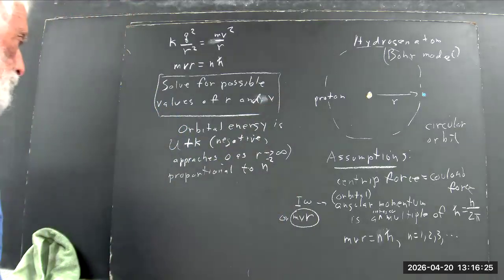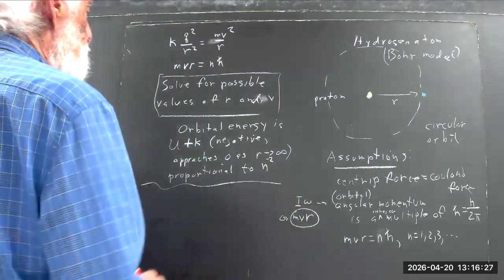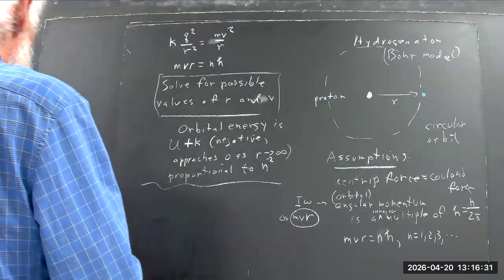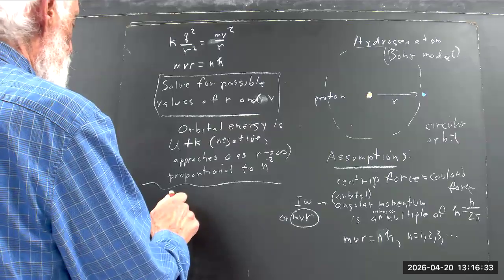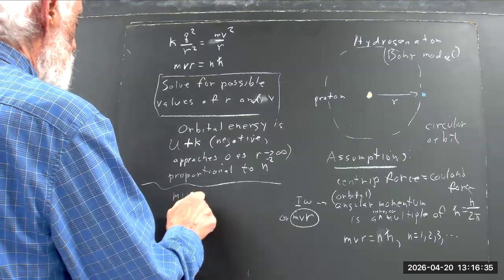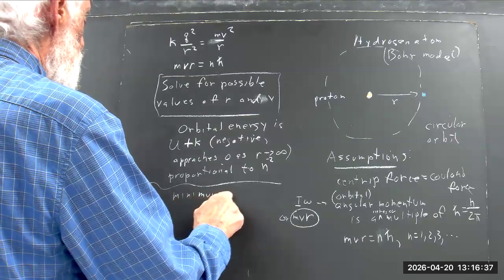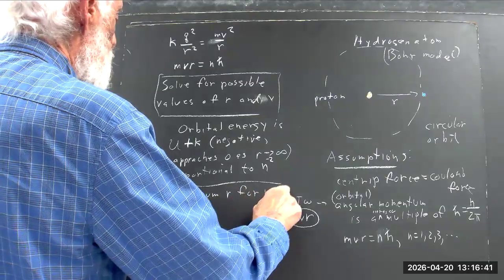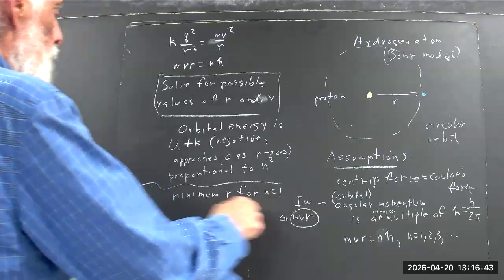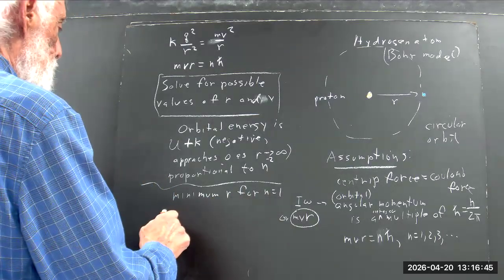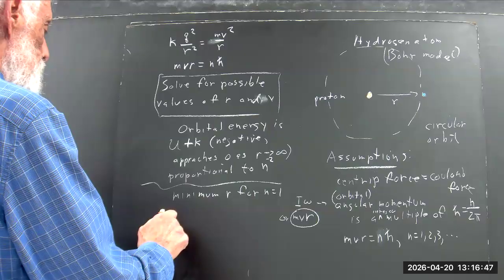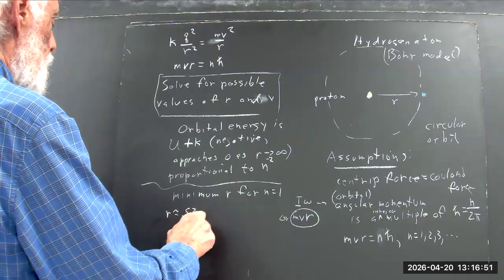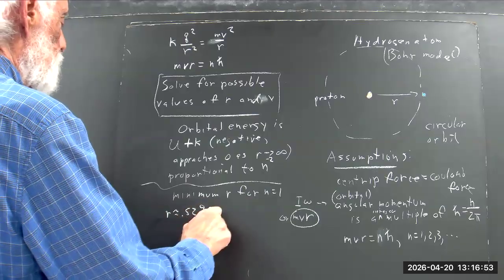Your minimum R occurs for n equals 1. R is approximately, I think it's 0.529